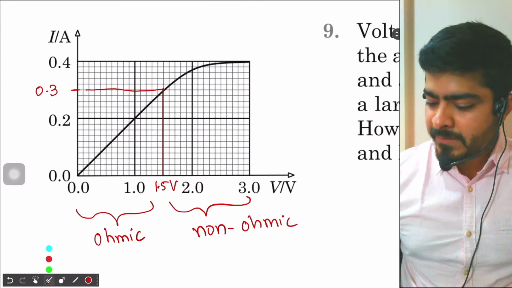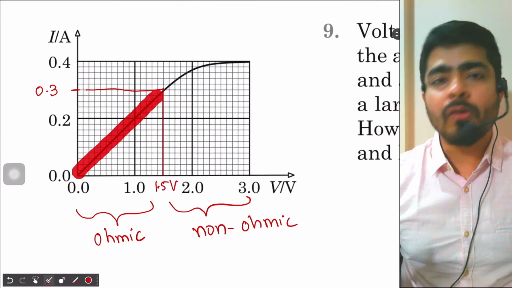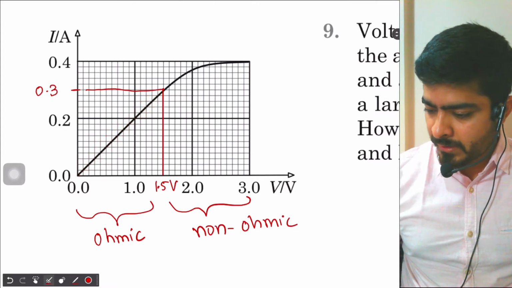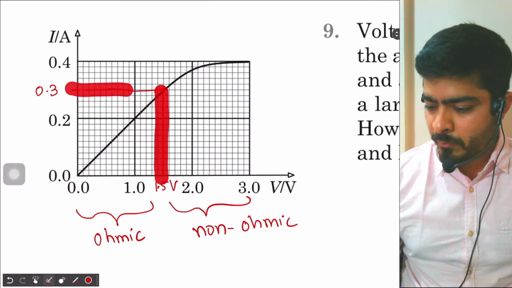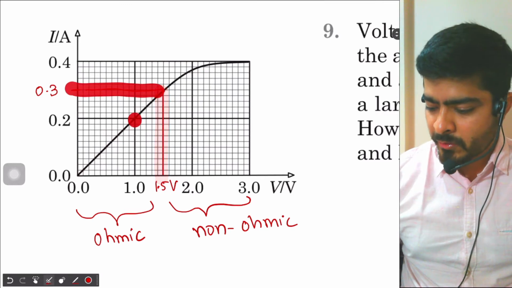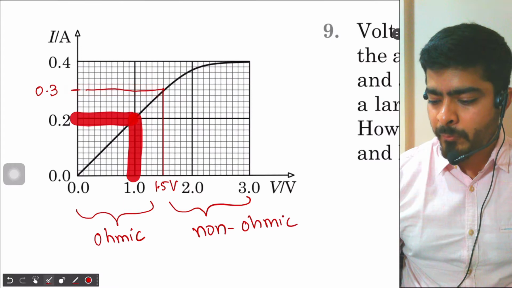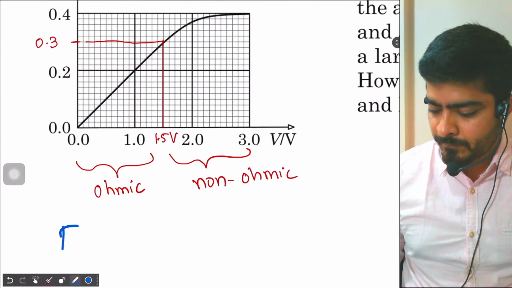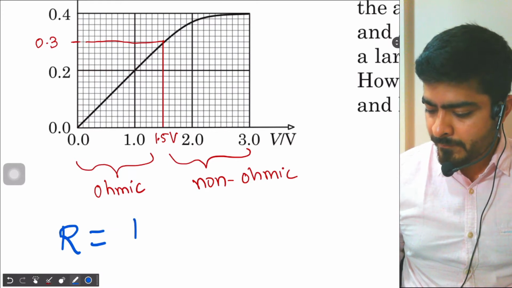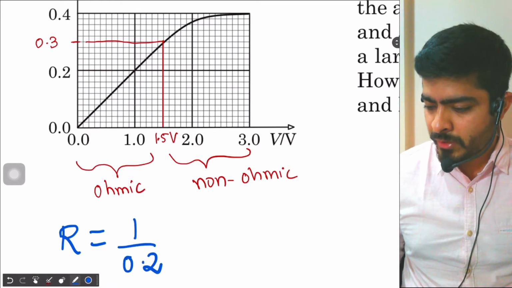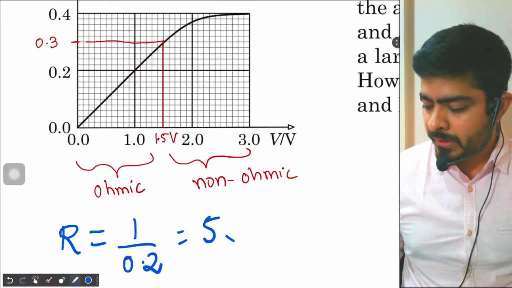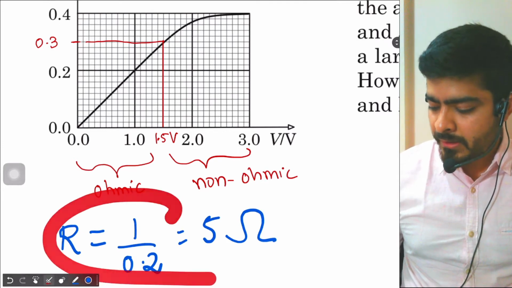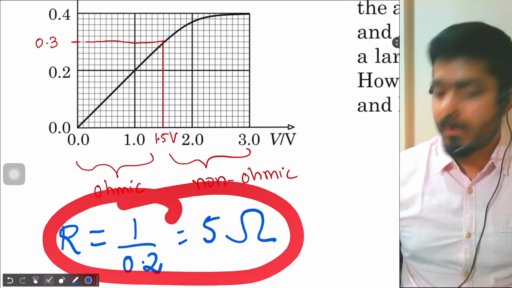So let's first find the resistance for the ohmic section. Over here you have, let's say, 1.5 volt and 0.3 ampere, or you could take this point also, 1 volt divided by 0.2 ampere. So your ohmic resistance will be what? R will be 1 volt divided by 0.2 ampere, so you get that to be equal to 5 ohms. So that's the ohmic resistance of the lamp. Now